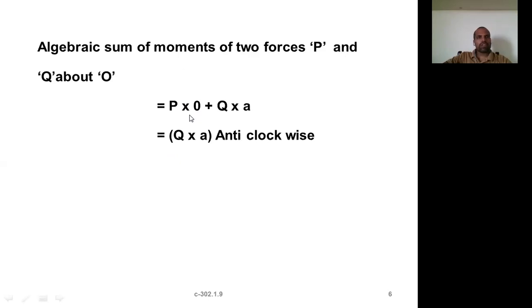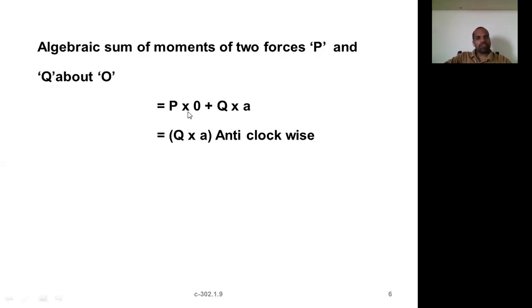If the line of action of the force is passing through the point about which we need the moment, then as per your first theorem of moments, the moment will be zero, because the point is lying on the line of action of the force. The point is nothing but the point about which we are calculating. If that is the case, as per your first theorem, that becomes zero. The moment is zero due to that force only, not all the forces, right?